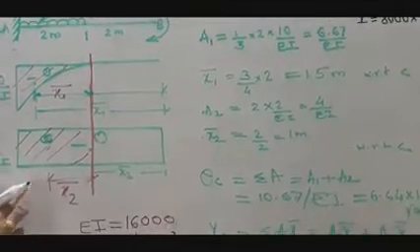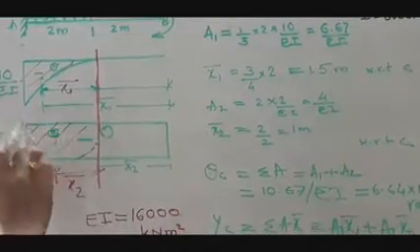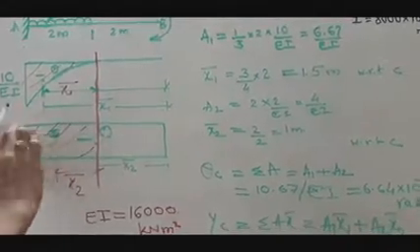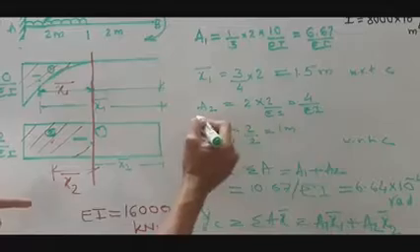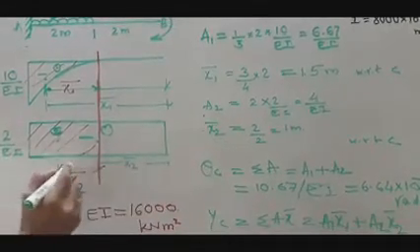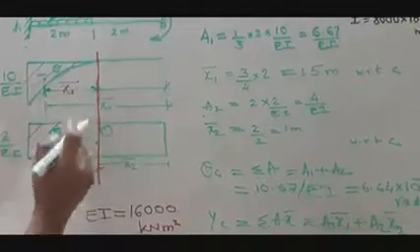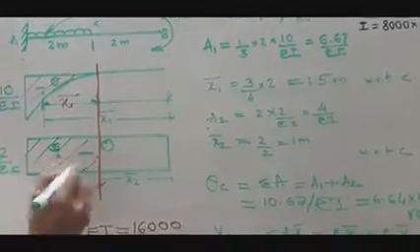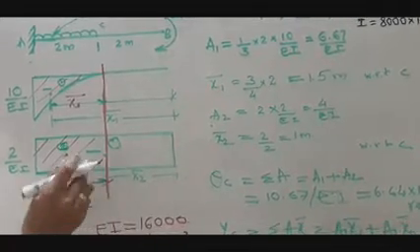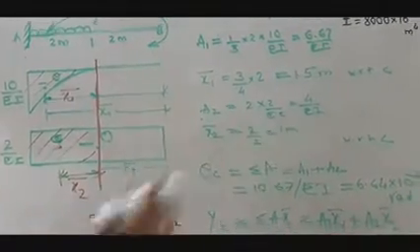Now coming to the second figure, the base is 2 meter and the depth is 2 by EI. So what is the area of this figure? 2 into 2 by EI, that is A2, which is 4 by EI. Now the CG of this figure, as we are considering only this much area, will be lying at the center because it is a rectangle. So this is your x2 bar, 2 by 2, that is 1.